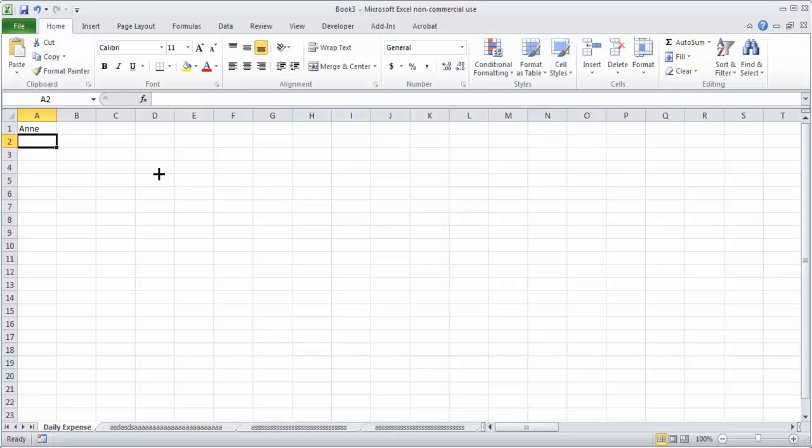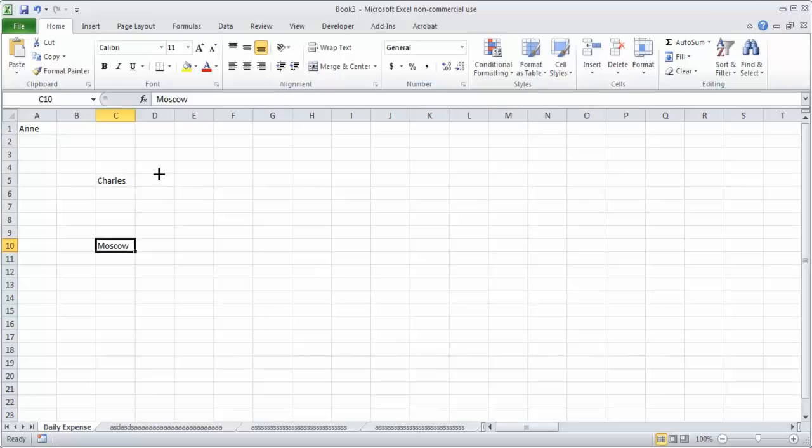Whereas while writing Annie, if I press the right arrow, I will move to B1. Let's say I am over here, writing Charles, and I press the left arrow, I will move to B5. Similarly, if I write Moscow and press the up arrow, I will move to C9.